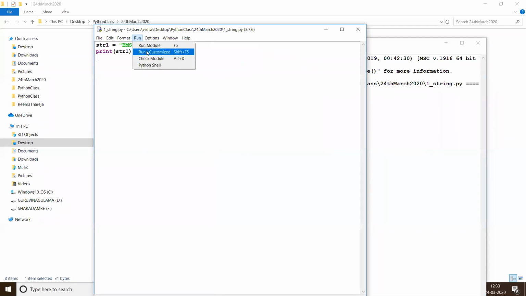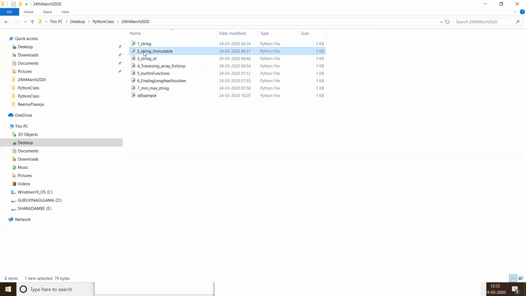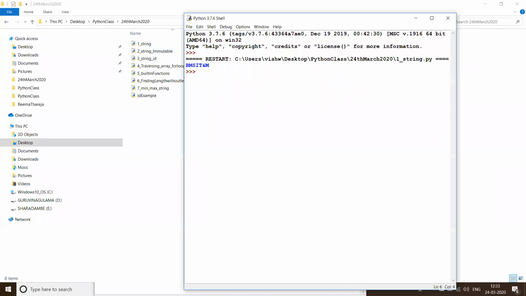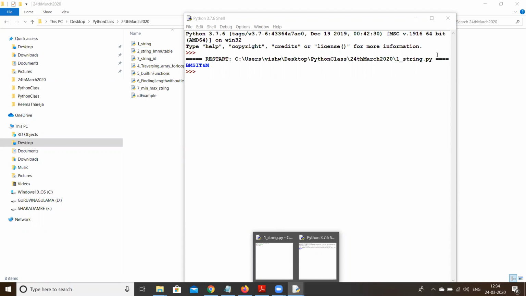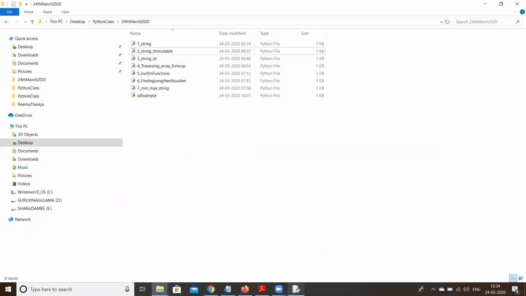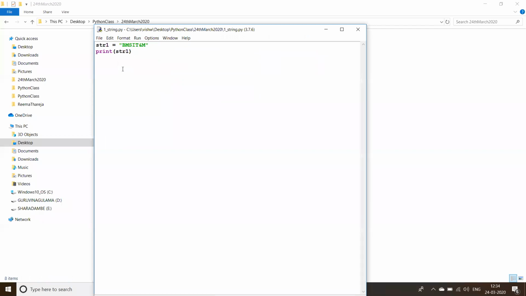How do you access element by element in a string? As I mentioned, a string is represented as a group of characters like an array. You can print character by character. How do I access str1 of 0? All of us can expect, right, what would be the output? Obviously it prints